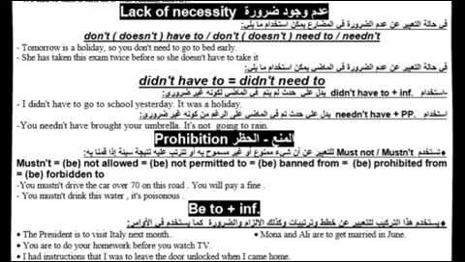طيب في حالة التعبير عن عدم الضرورة في الماضي يمكن استخدام ما يلي. بقى في حاجة دلوقتي مش ضرورية وحصلت في الماضي يبقى أقول إيه؟ didn't have to اللي هي equal didn't need to. didn't need to. طيب استخدام didn't have to plus infinitive يدل على إيه؟ على حدث لم يتم في الماضي لكونه غير ضروري. I didn't have to go to school yesterday. It was a holiday.